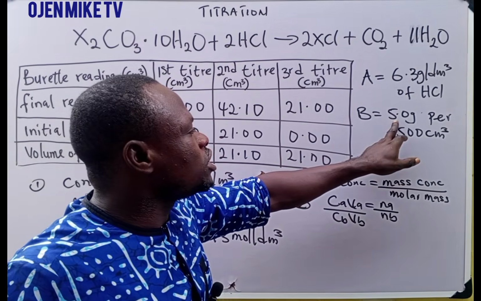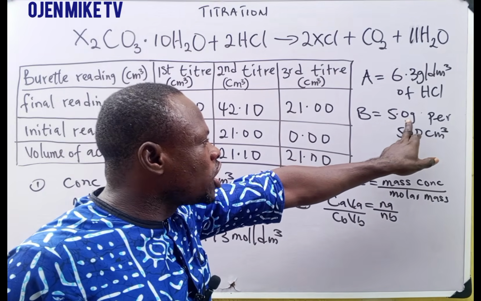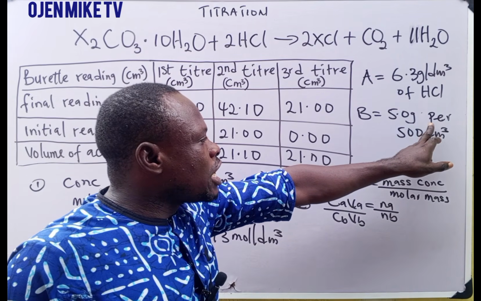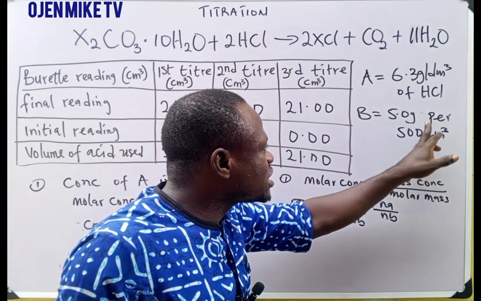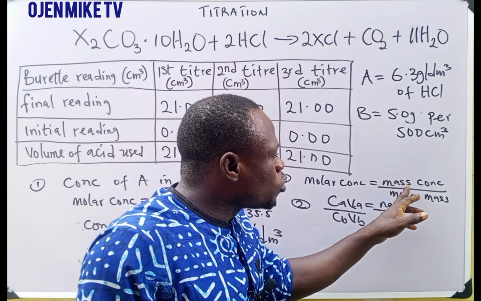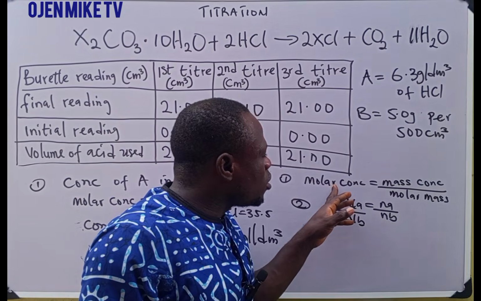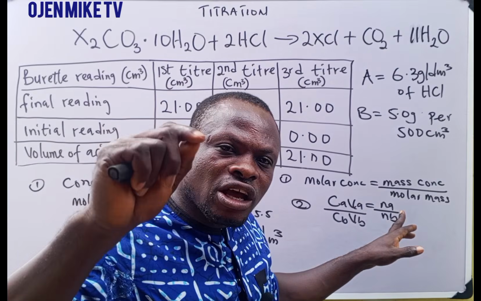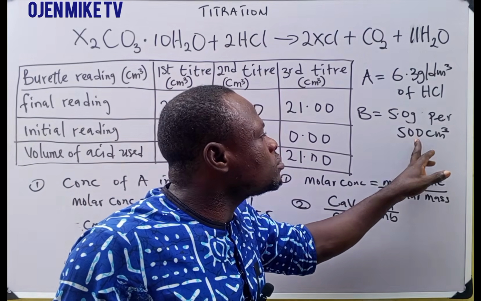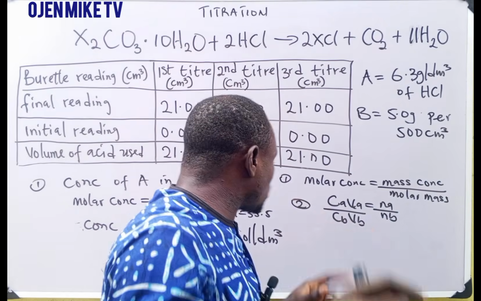B here is given in grams per cm cube. So we are going to change this grams per cm cube to dm cube. But if it is not in cm cube like this, we are going to make mass concentration the subject of the formula, which we are going to multiply molar concentration by molar mass. But anytime the question is given in grams per cm cube, you don't do it like that. So what you are going to do is that,